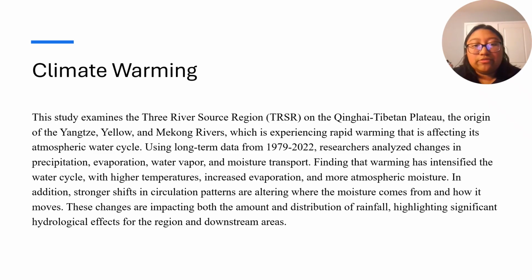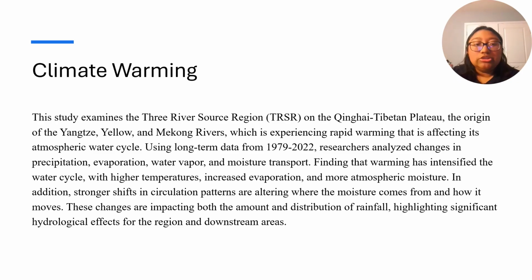Using long-term data from 1979 through 2022, researchers analyzed changes in precipitation, evaporation, water vapor, and moisture transfer, finding that warming has intensified the water cycle, with higher temperatures, increased evaporation, and more atmospheric moisture.